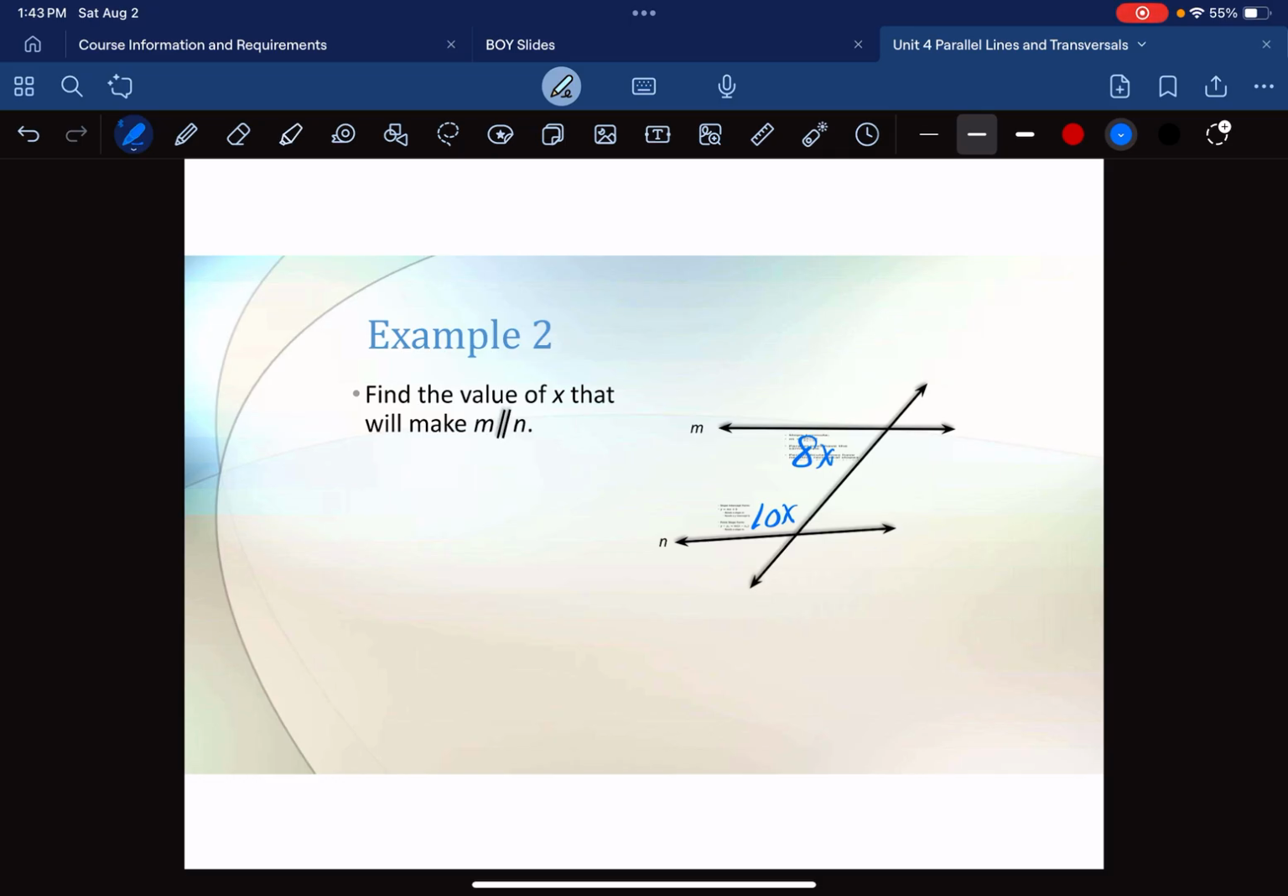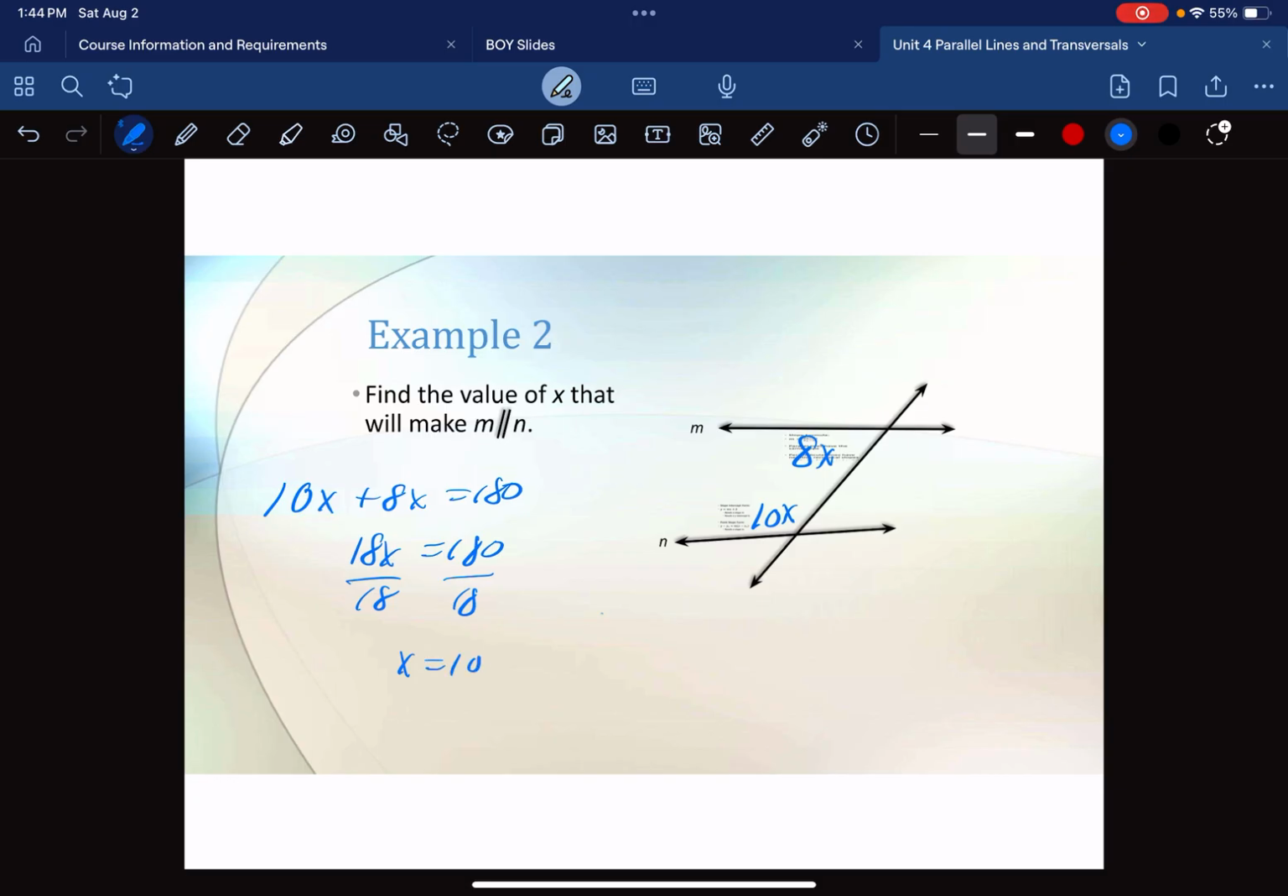What kind of angle pair are 8x and 10x? Well, they are interior, and they are on the same side of the transversal, so they are consecutive interior. So if I find the value of x that makes them supplementary, then the lines will be parallel. So I'm going to say, all right, I need these to add up to be 180. So 10x and 8x make 18x. I can divide by 18,